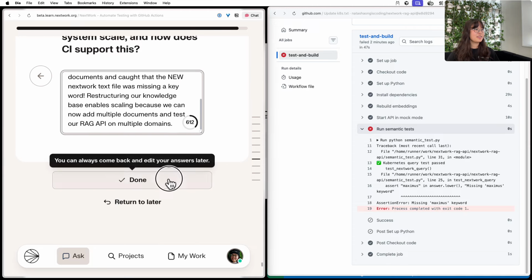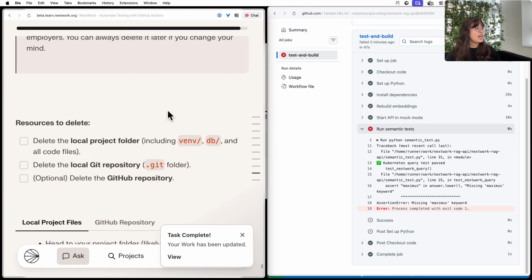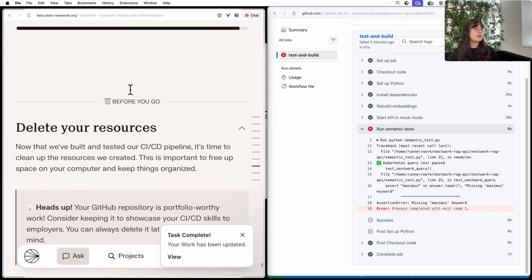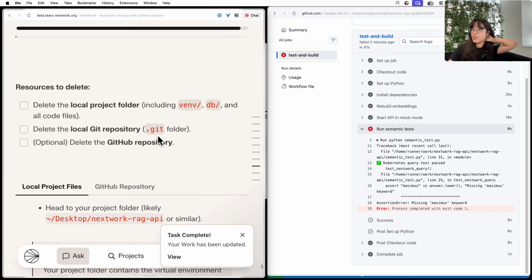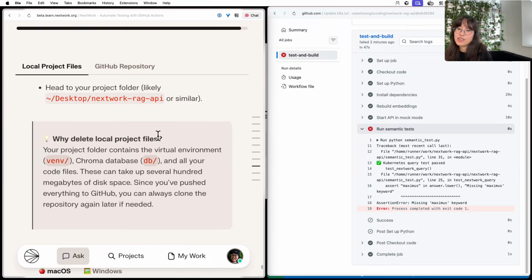Well done. Okay. All done, and I think you are more than welcome to delete your resources. The good news is that actually everything you've built today is free to own, free to keep. So you can actually just keep everything without needing to pay anything. So this is a great chance for you to keep what you've built today and continue working on it